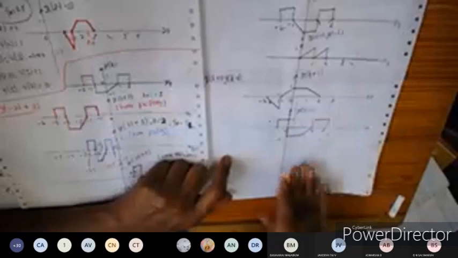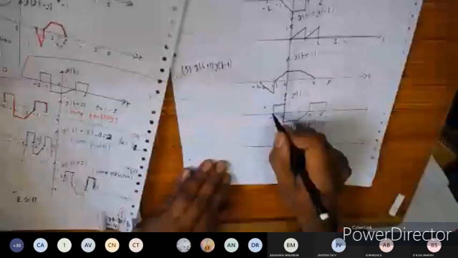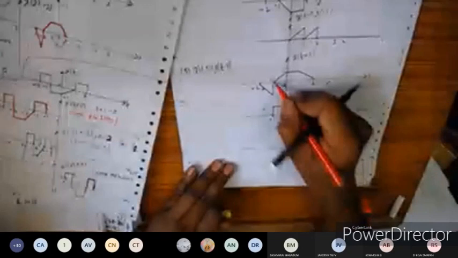This has become x of t plus 1 into y of t minus 1 here. So when you take the product of this one, here there is no waveform, and here some waveform is there. Something multiplied by 0 will be 0 only. At exactly this point it is 0. So 0 multiplied by something will be 0, at exactly this one as well.